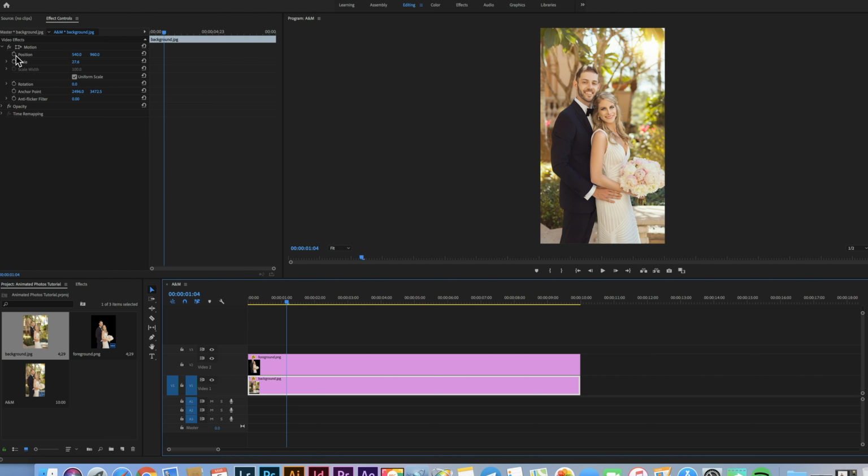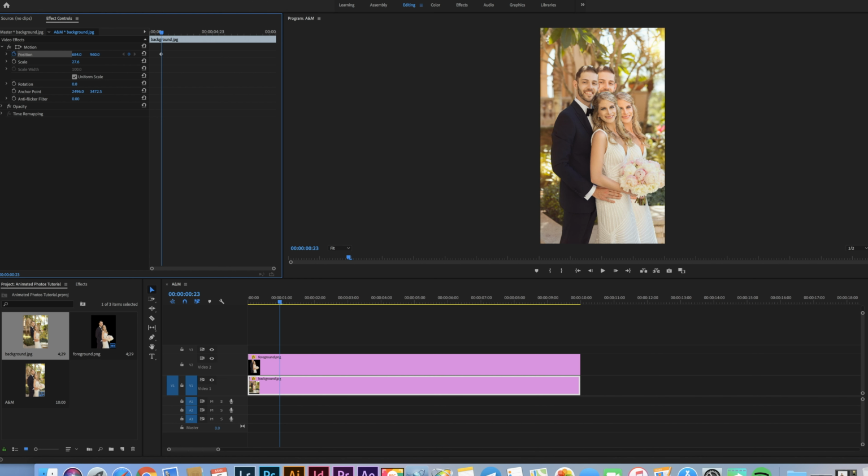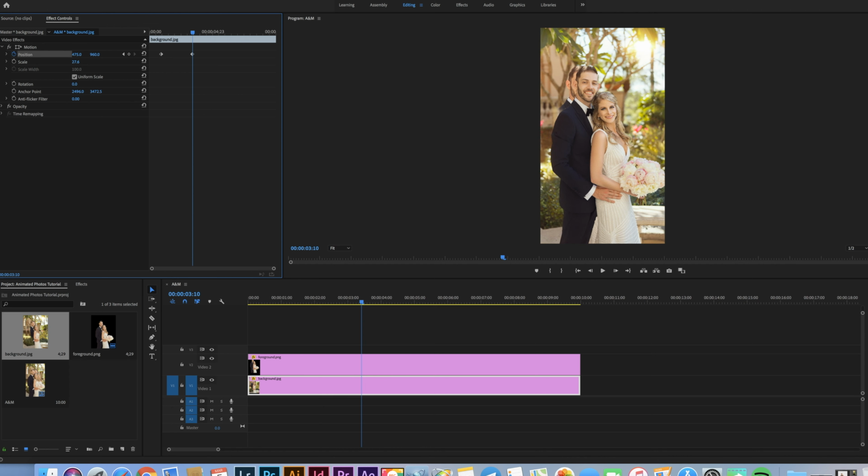Position is what moves it from left to right. Since this is a vertical image and I know we have space on the sides that wasn't able to be shown, we're just gonna start by moving the background layer left to right. So we're gonna hit position and set a key point. We're gonna hit this little timer clock right here, and move this, let's just say starting right there. Okay, and then we're gonna set an endpoint